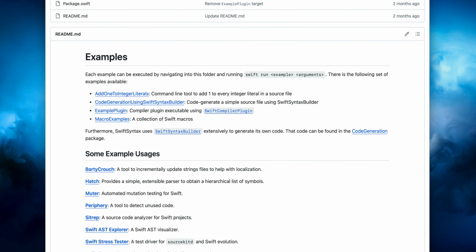That's mainly because the Swift syntax package is not very user-friendly. It makes you work with some low-level types for parsing and transforming the source code, and you don't normally deal with them on a daily basis. Also, some parts of the documentation are insufficient or simply missing. But one good thing about the package is that it includes some examples for various kinds of macros. I'll leave a link to them in the description. I will also give you a link to the collection of third-party macros, which you can just import and use right away. What a ride it was!